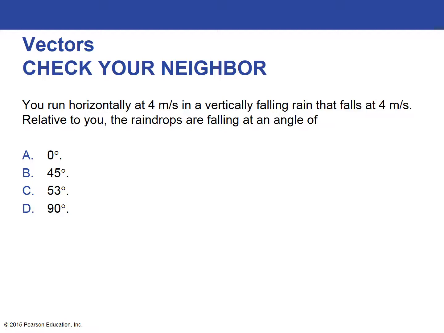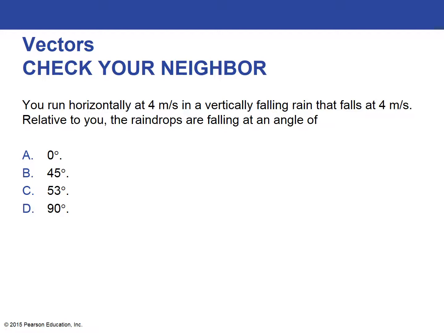And we'll assume that the raindrops are coming down also at a velocity of 4 meters per second. Then you're asked to find out, relative to you, what is the angle that the raindrops are hitting your face or your windshield. So the object of the question here is to be able to add velocity vectors,